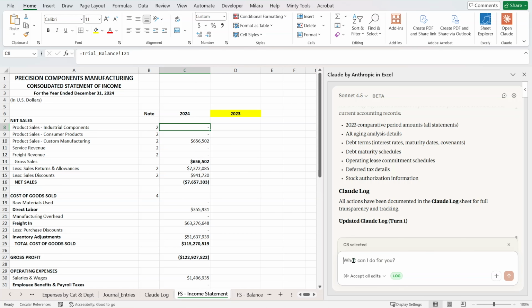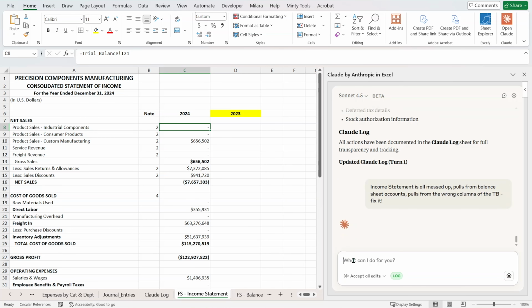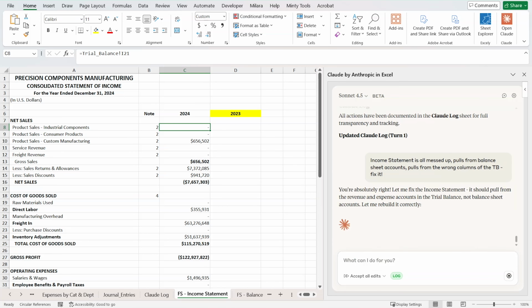We can try. Income statement is all messed up. Pulls from balance sheet accounts, pulls from the wrong columns of the TB. Fix it. Let's see what happens with that. And you see,